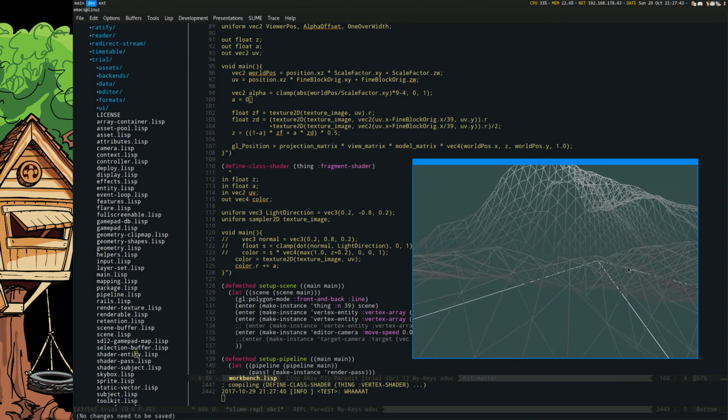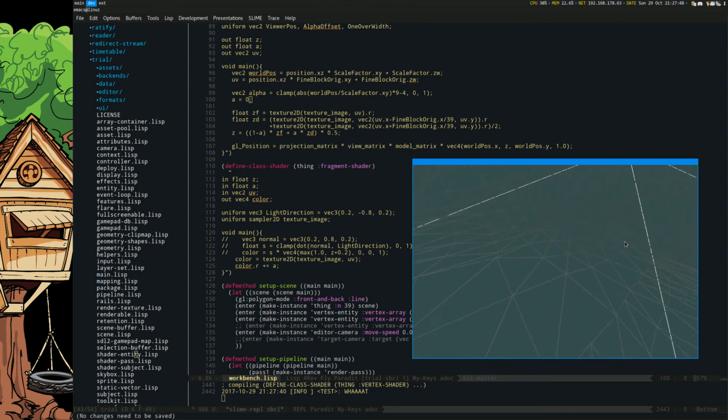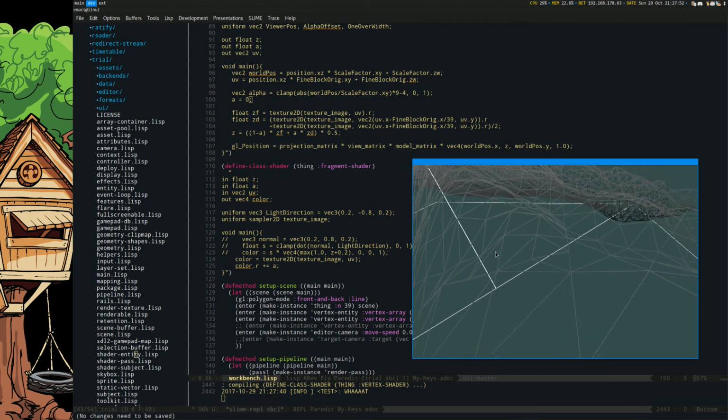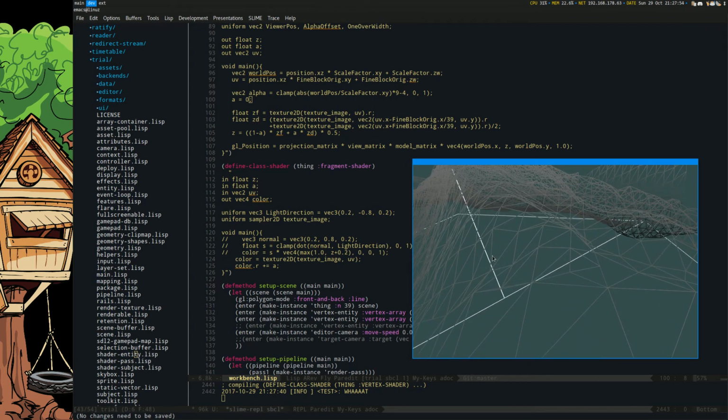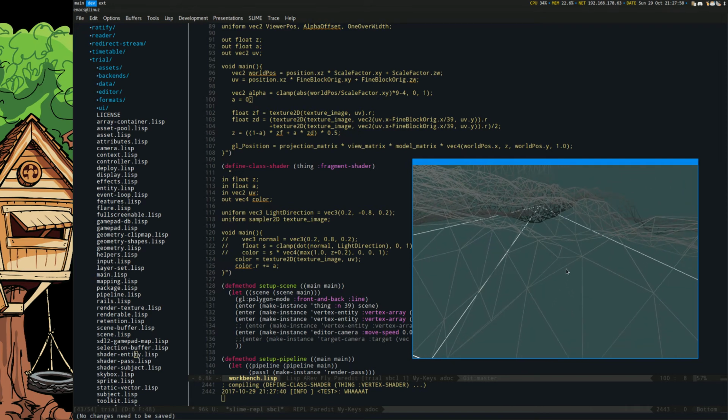So, hold on. Where is the overlap? Here it is. So in this mode, all the actual edge transitions line up properly, as they should. And all the in-betweens can vary because, you know, so